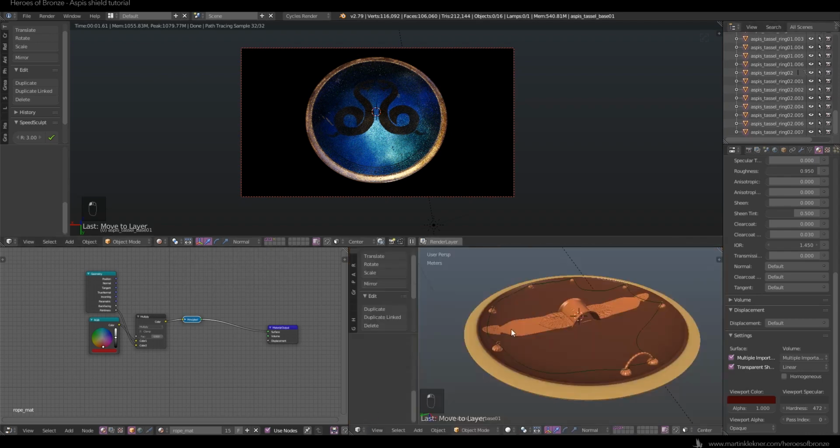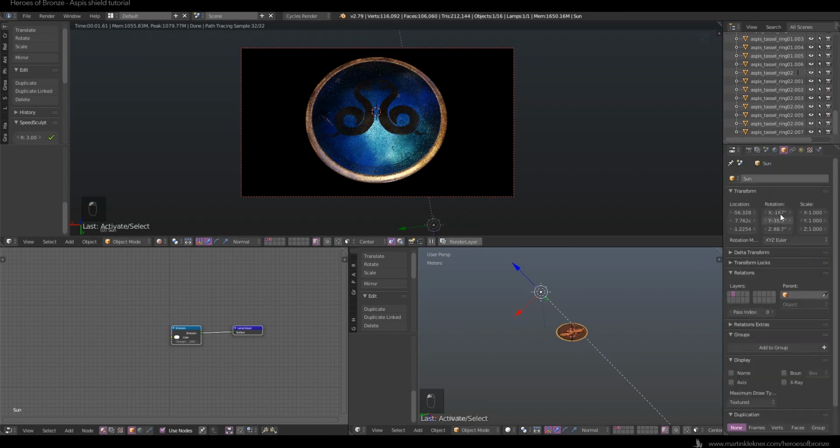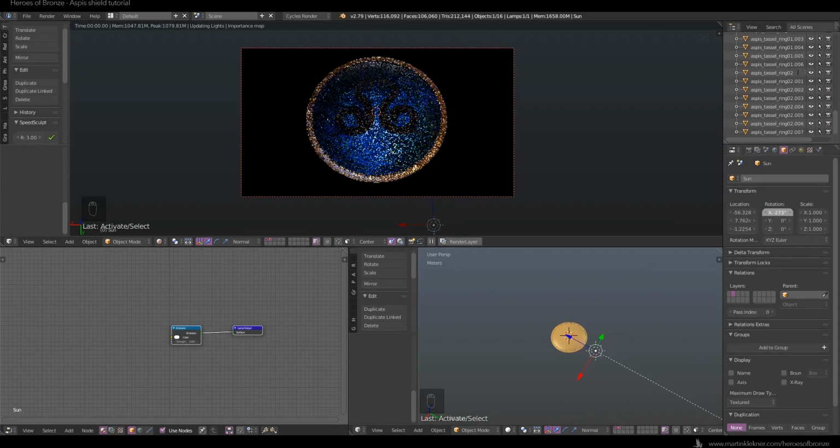And then I started to play around with the light some more. For that, I changed the UV image editor into a new viewport so that I could see the rendered result while I was working on the lighting in the right bottom corner. At this point, I'm trying to figure out the direction of the main light source again and how it combines